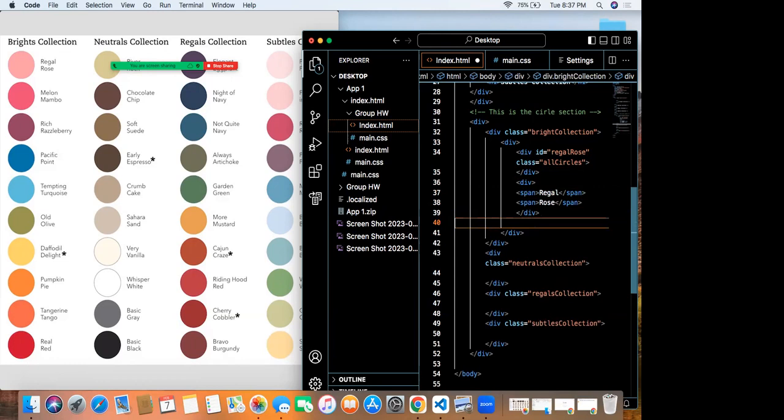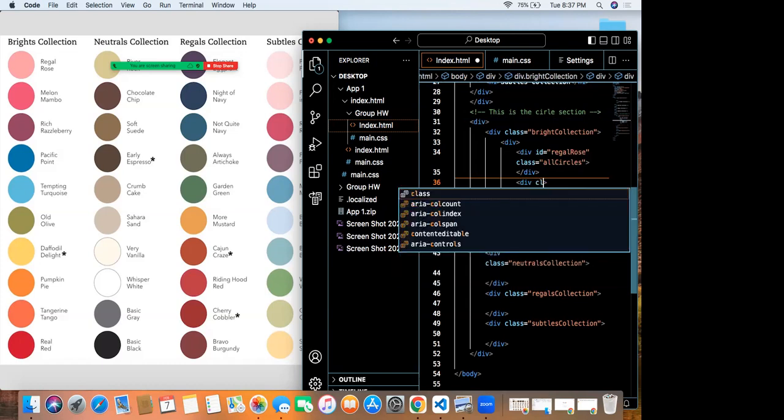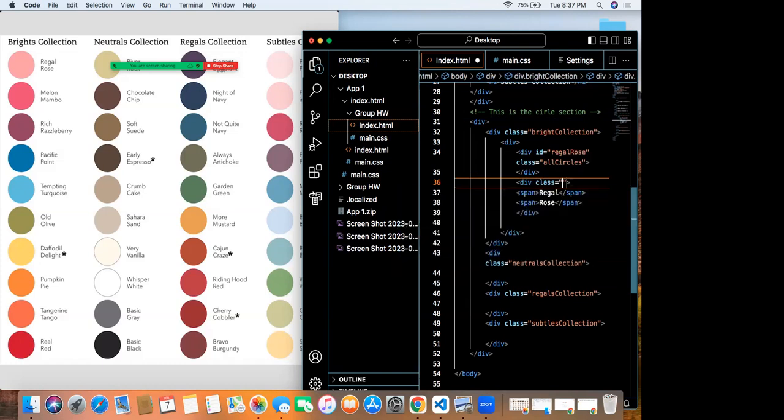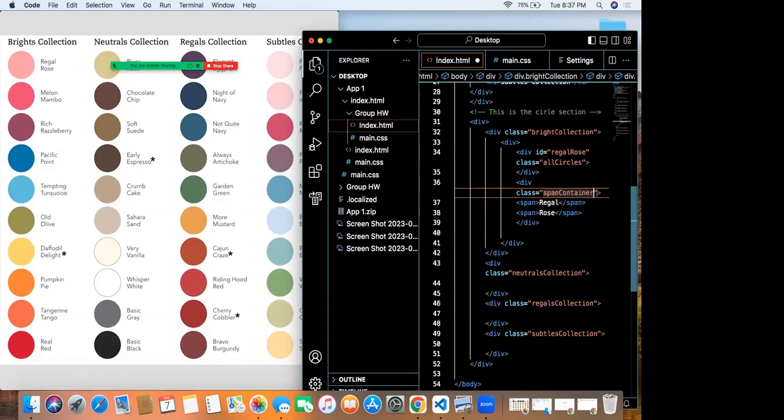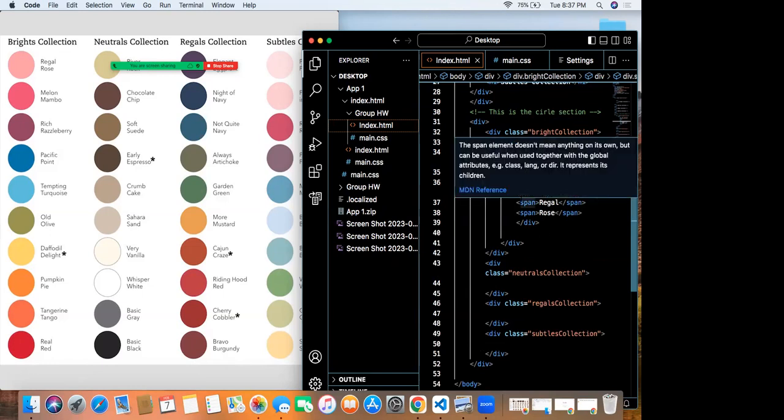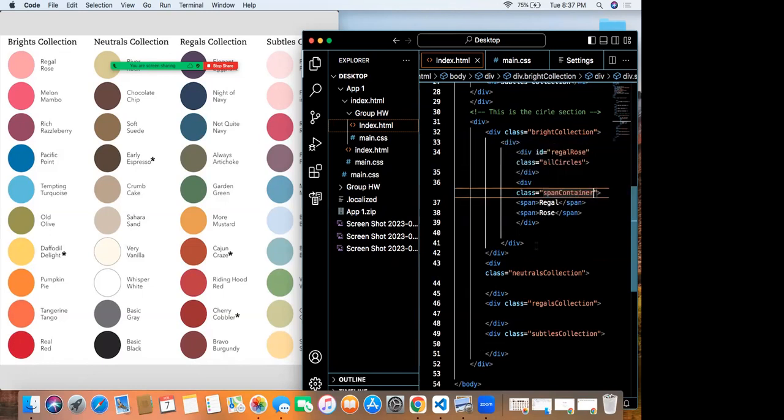Okay. Add a name to this div. Like call it, what did we call it? Yeah, class. Span container. Yeah, copy span container. We're going to style this in CSS.